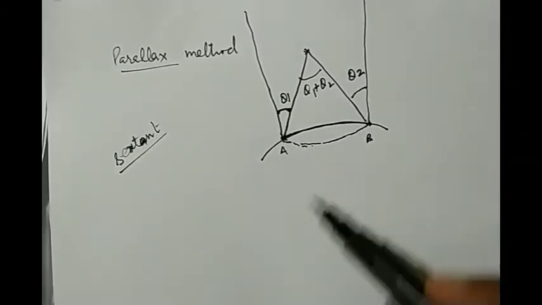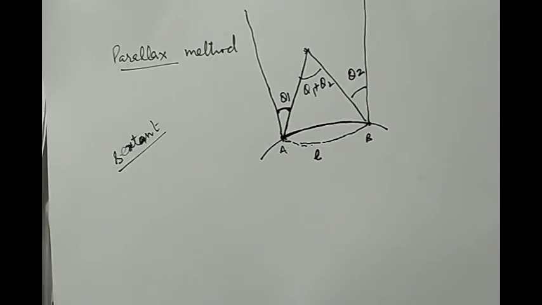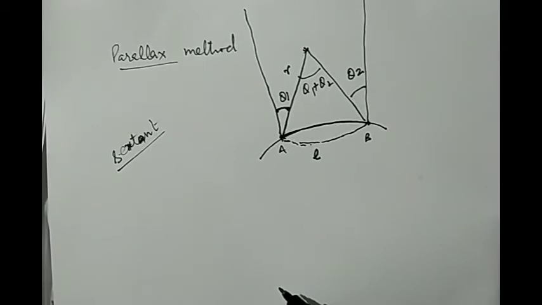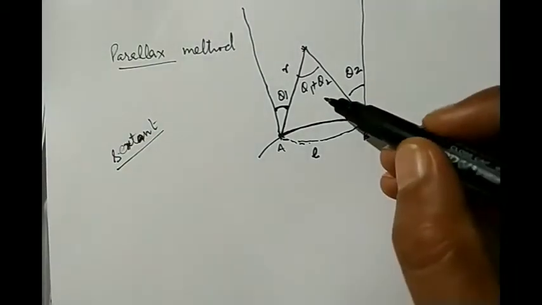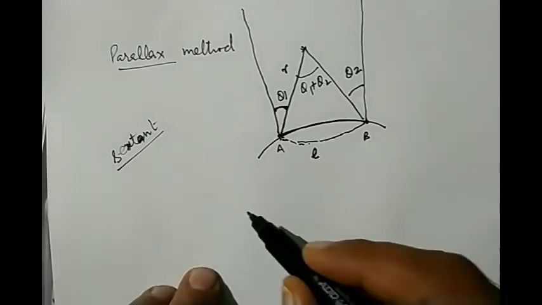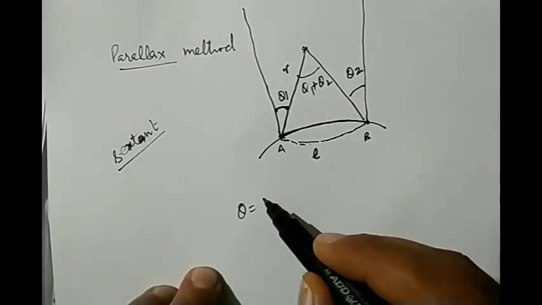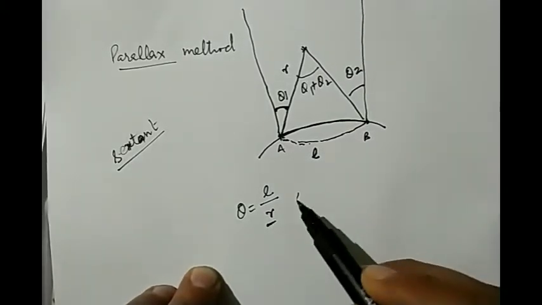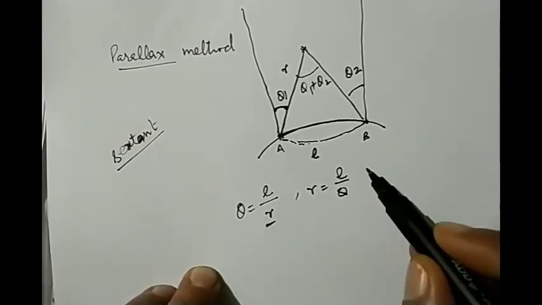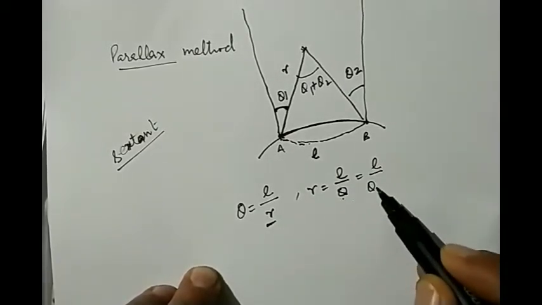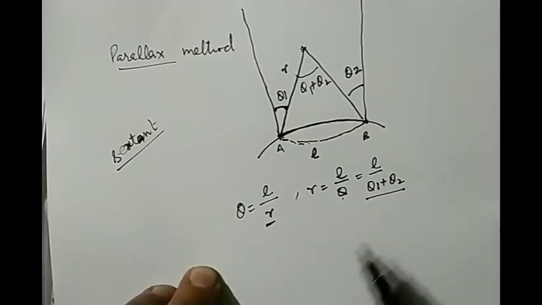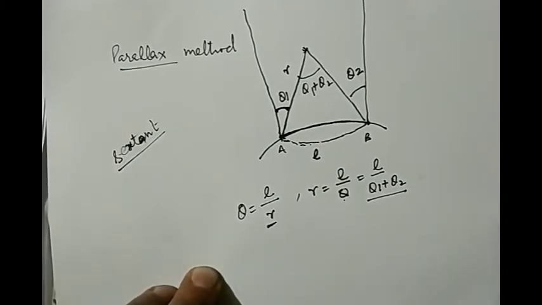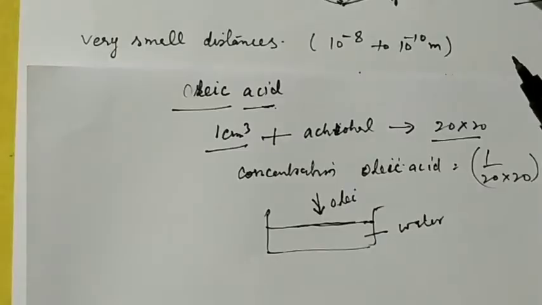So this distance is approximately equal to this distance because of the curvature of the earth; it is nothing but an arc, which I take as L. Now if R is the approximate distance of the star from the earth, then according to the mathematical statement, theta is equal to arc by radius. Arc is here L and radius is R. So I want to find this R. This R will be equal to L divided by theta. Theta is equal to θ1 plus θ2. So by knowing the values of θ1 and θ2 in radians, we can find out the distance of a star.